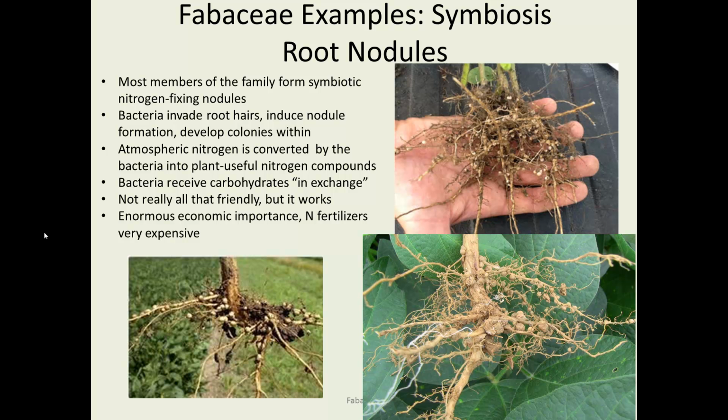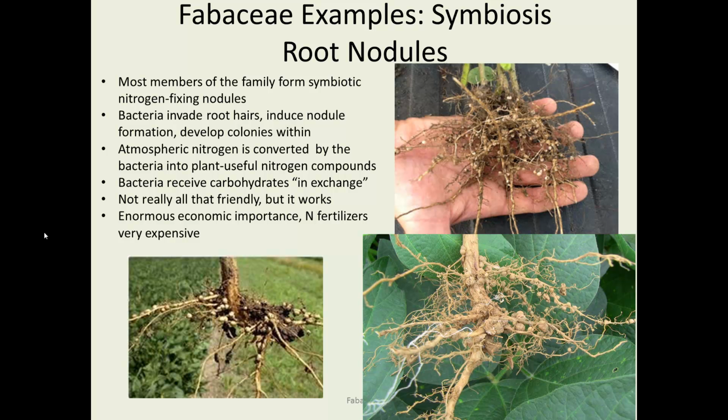Nodules. Another novel thing about the legume family is they produce these funny nodules on their roots that at first glance you'd think would be evidence of some horrible disease. And actually, it's a good thing. It's a symbiosis with the bacterium that invades the root hair and induces the plant to form this nodule under very specific structures, and in particular they are set up so that it's anaerobic,